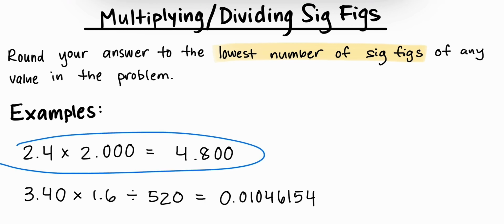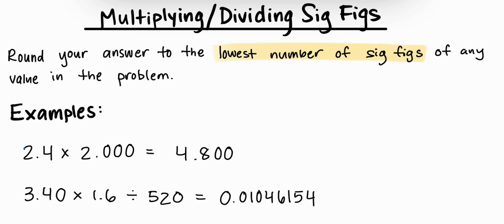So this first example here, we're just going to look at all the values in the problem. So we have 2.4 that has 2 sig figs, and we have 2.000. These are trailing zeros, but there is a decimal, so they are significant. So this has 4 sig figs. So we're going to go ahead and just do the calculation as normal and write down the full answer. These are also trailing zeros with a decimal, so they are significant. So as written, this value would have 4 sig figs, but we know that our answer can only have the